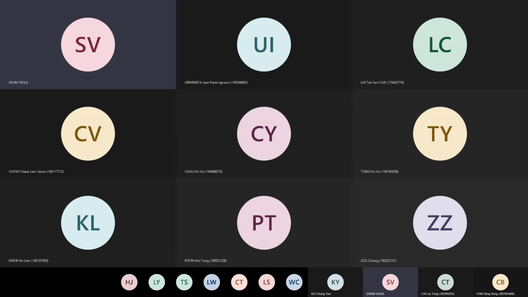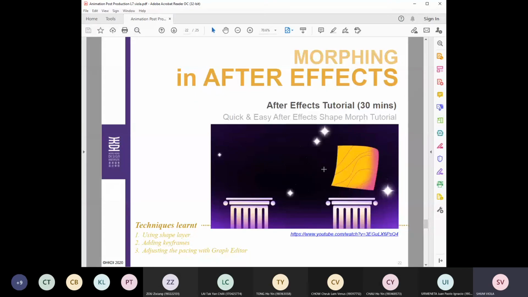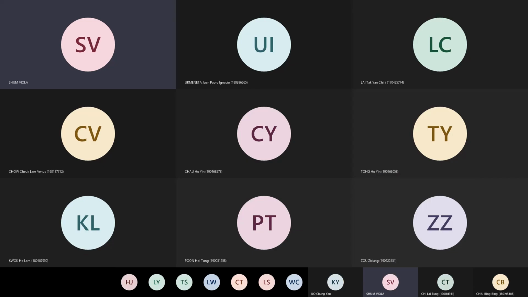Okay, change from one shape to another shape. Now I've already put it into the notes. Okay, so here's the notes. You can see that we're talking about how to transform a triangle shape into a square shape. Okay, so the results look like something like this.